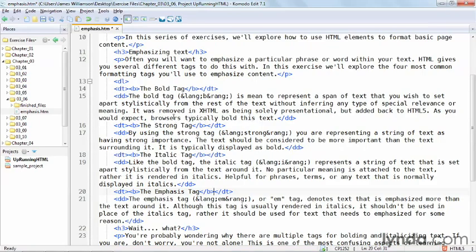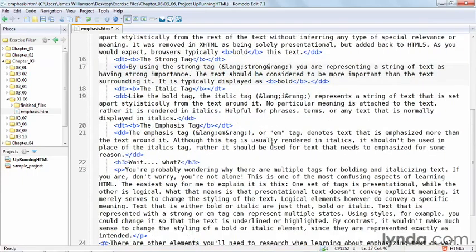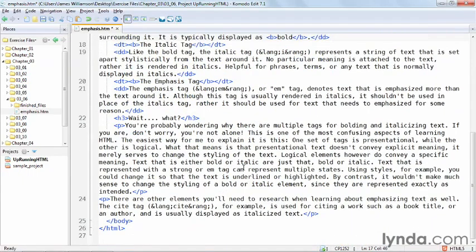Right at the end of that, where it says browsers typically bold this text, take the word bold. I'm going to wrap that in a bold tag as well. We'll do the same thing for the strong tag, which we're going to talk about in just a moment in a little bit more detail. All of this will become clear in just a little bit, but if we go down into the paragraphs underneath all of this,